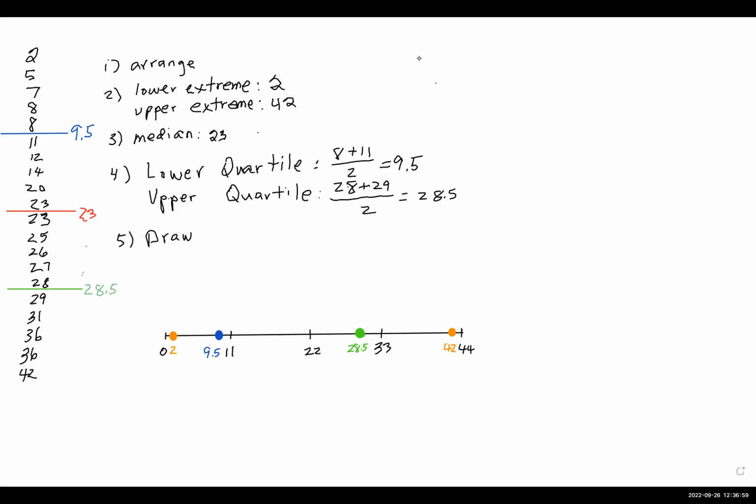And then what is the median? That's the last one of those numbers we calculated. 23. So here's our median. And of course, our median is red, just because. All right. So those are those 5 values: the lower extreme, the upper extreme, the lower quartile, the upper quartile, and the median. The reason they call it the lower quartile is that it's the cutoff for the lower quarter of the data. And the upper quartile cuts off the upper quarter of the data. So that's what we draw.